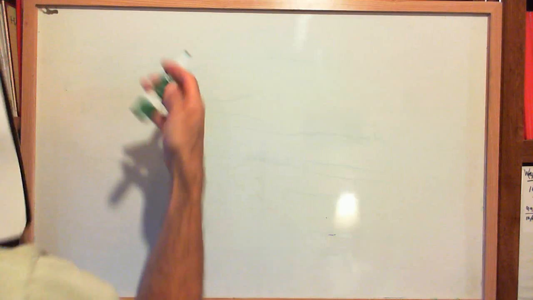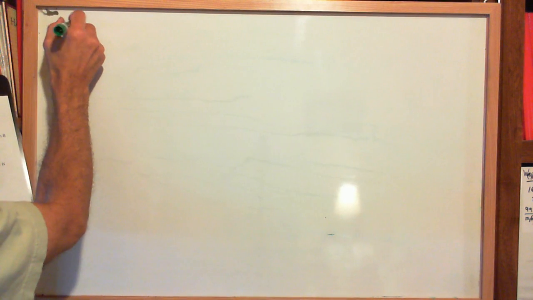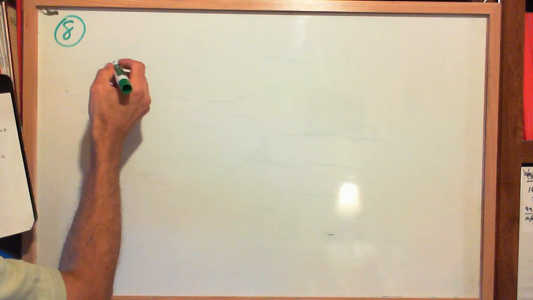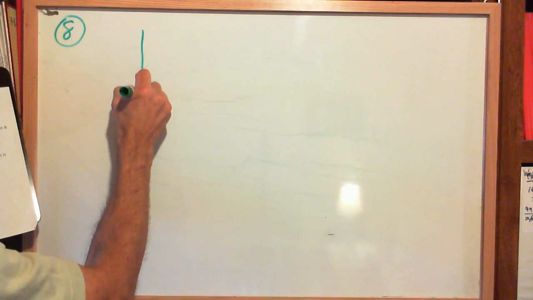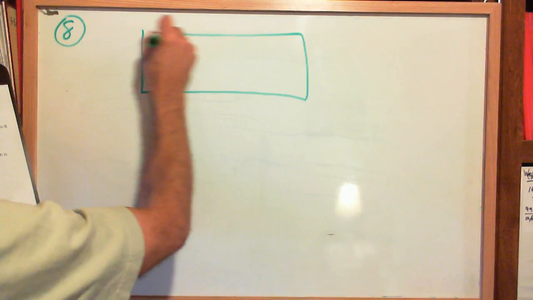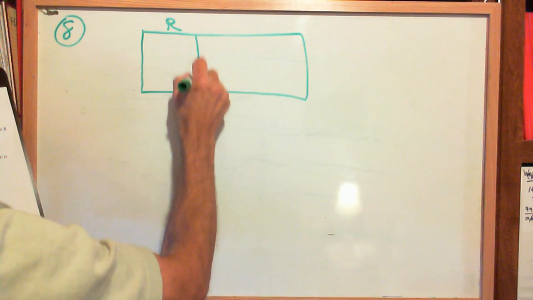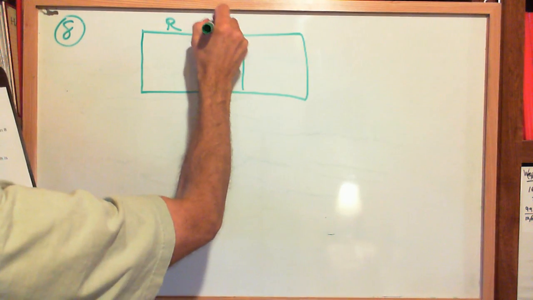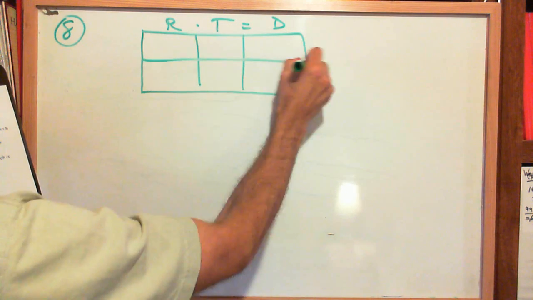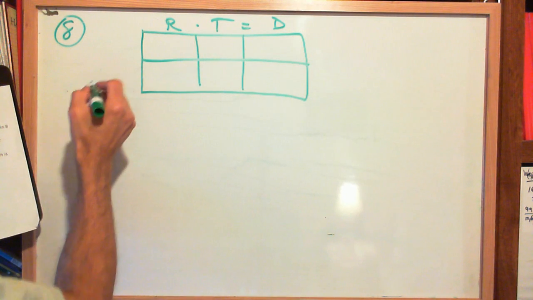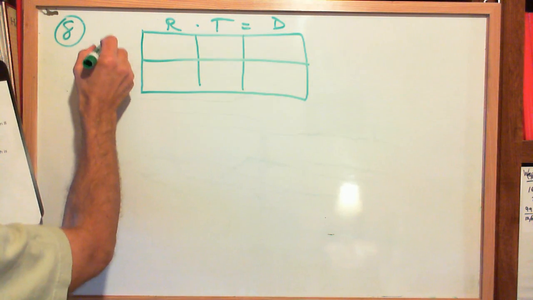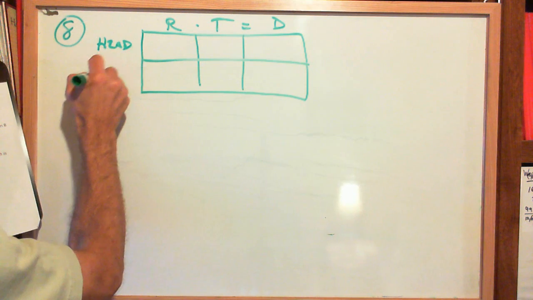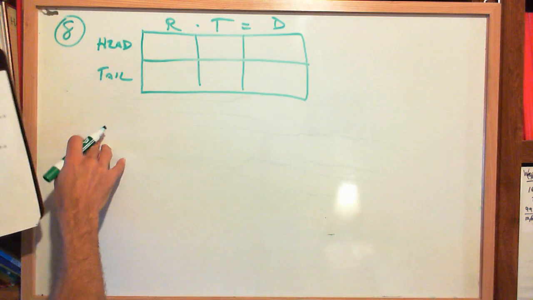Okay, so this one actually is quite easy, right? That number 7 was the hard one. So here's our little box again. We have rate times time equals distance. I almost don't think I even need to do this one, but I will anyway. So we've got a headwind and a tailwind, it's a plane,